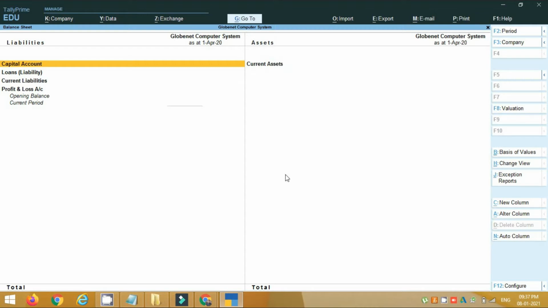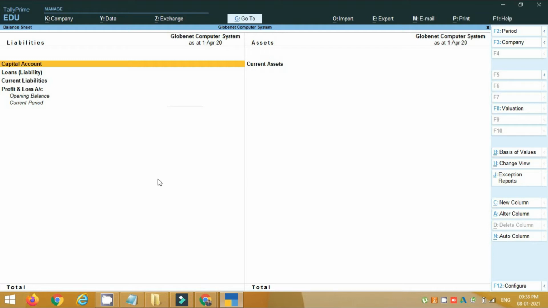At the end of the year, the balances of all the accounts relating to income and expenditures are transferred to the profit and loss account, and the balances of the remaining accounts are shown in the balance sheet. The balances shown in the balance sheet are shown as opening balances in the next financial year. A balance sheet is prepared annually, at the end of the financial year. In India, the financial year is basically 1st April to 31st March.